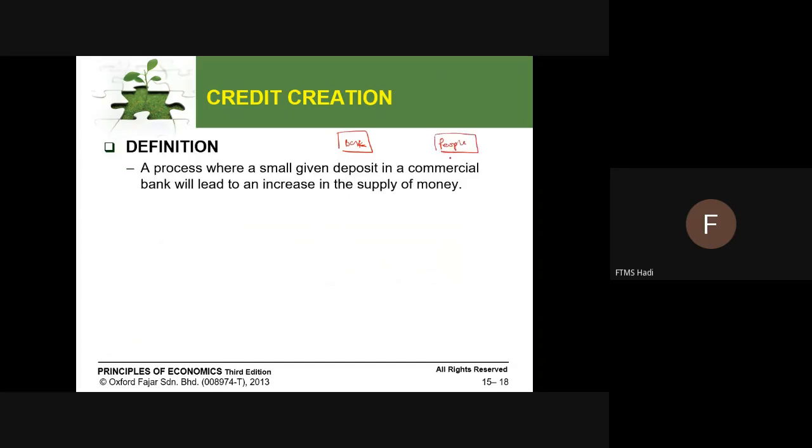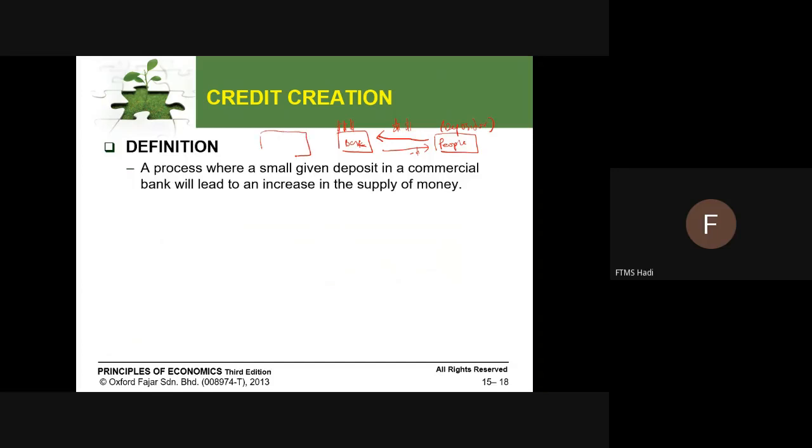All right. Let me tell you the true story. Usually, the bank does not have much money actually, but they depend on the people's deposits. If people deposit more money, the bank's assets will increase. But if people withdraw money, the bank's assets will decrease. So this is the depositor.